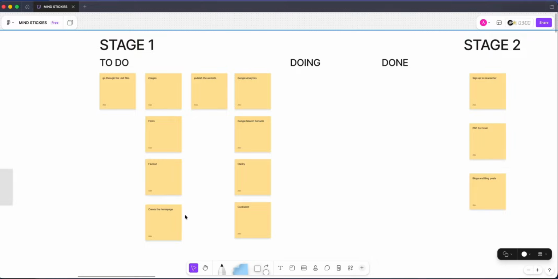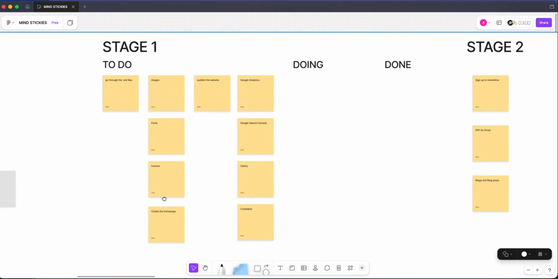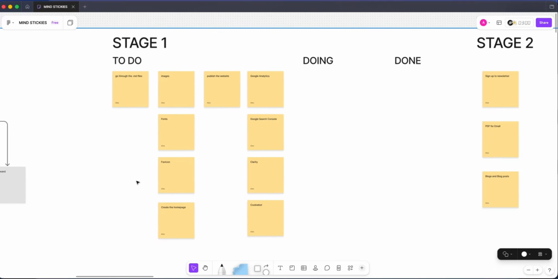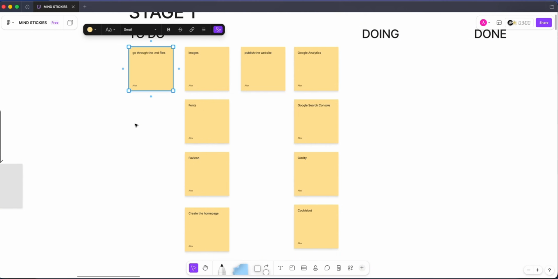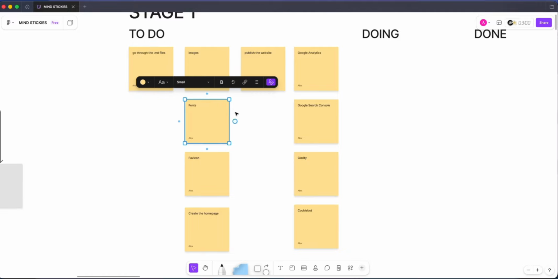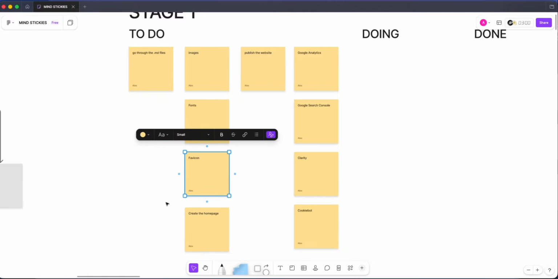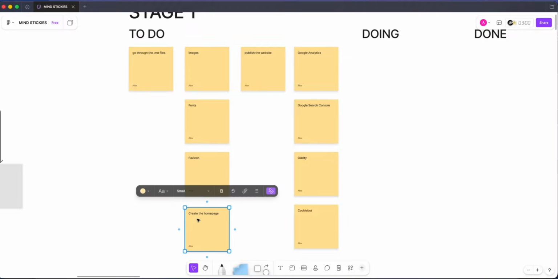So we're going to be continuing our project here, and I've taken a bit of time to organize some of the tasks that we still need to do in order for you guys to have everything that you need to continue developing your website and to publish it. So I think the most important things for now is to start a new project, go through the MD files, talk a little about images, fonts, how to get them, where to get them, some icons, and to actually get